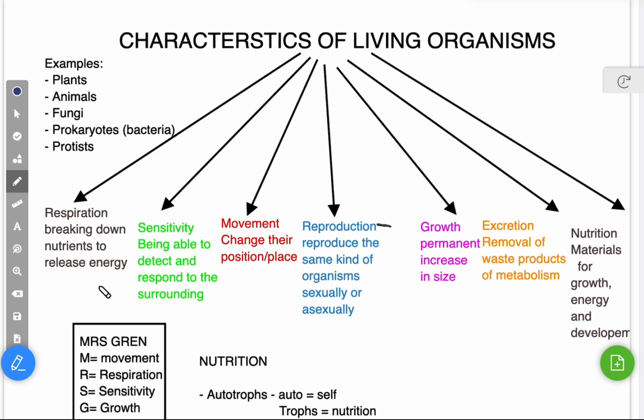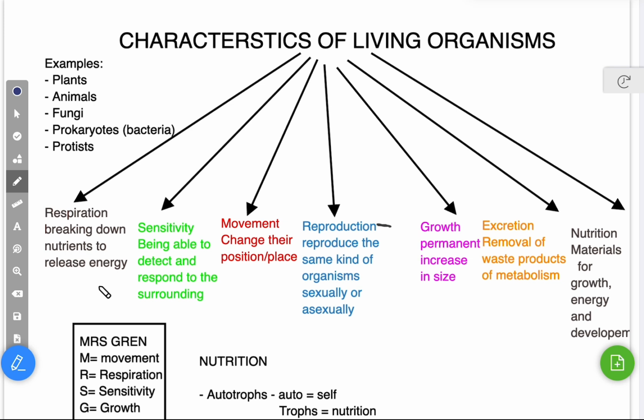R stands for respiration, which means that they will break down whatever they eat to release energy. And then S stands for sensitivity. They will be able to detect what's happening in their surrounding and they will be able to respond to it as well. And then G stands for growth. They will increase in size, whether it's a plant, whether it's an animal, or whether it's a bacteria, they will